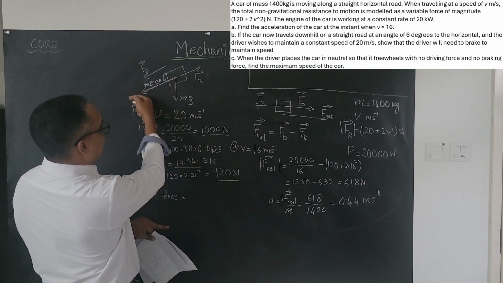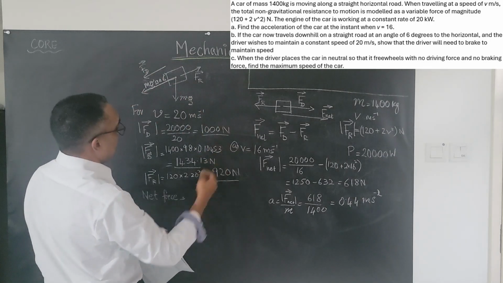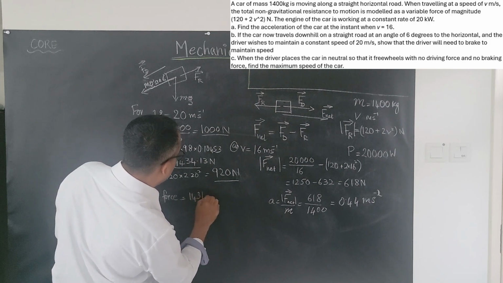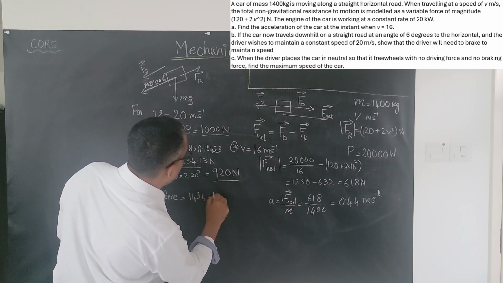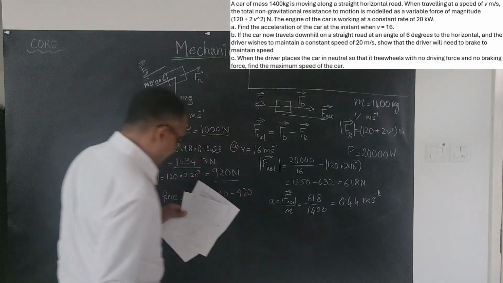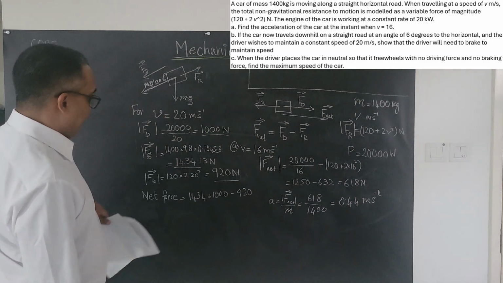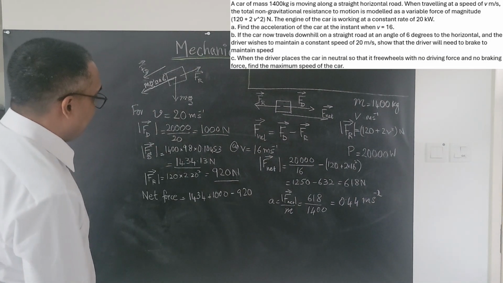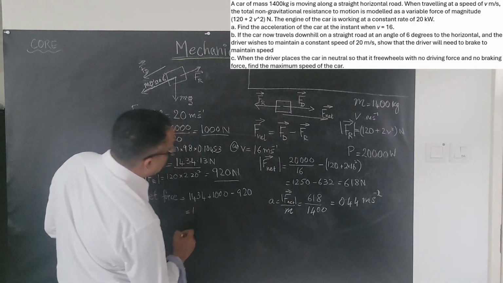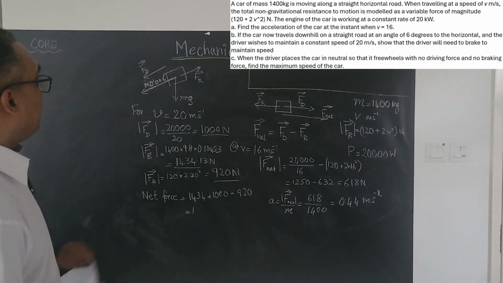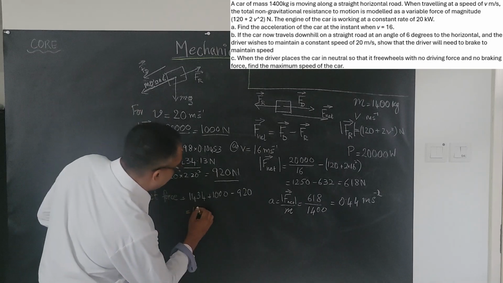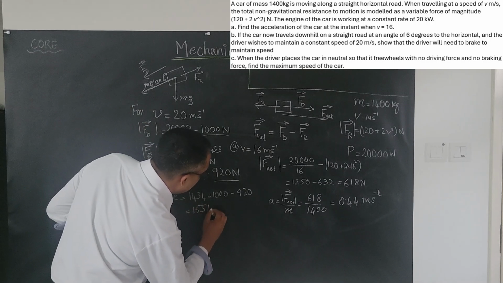I have the force of gravity helping me, I have the engine's power helping me, so that would be 1434 plus 1000 minus 920. You can do the math here. Quite simply, take it off, you get 80, and then 80 added to that gives you 1554. 1554 newtons